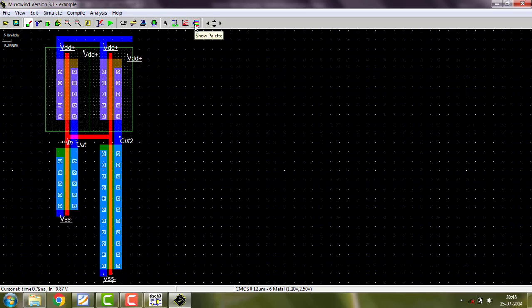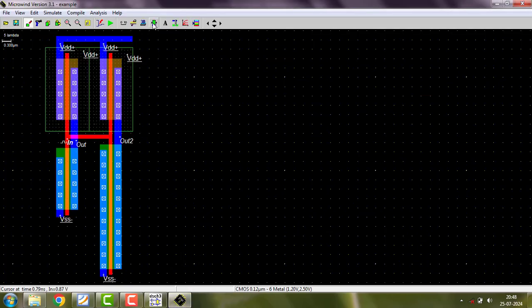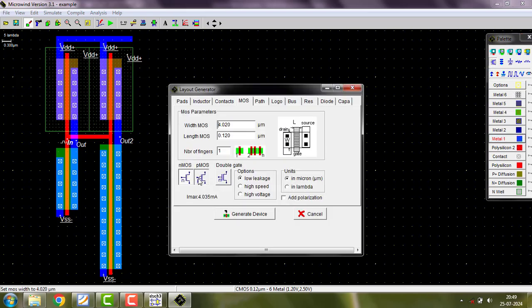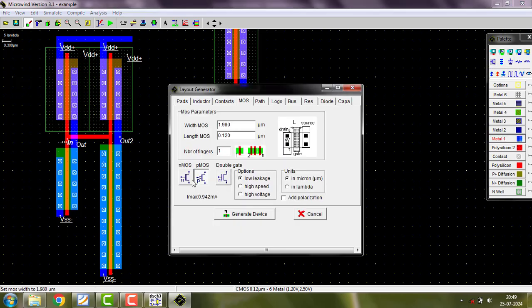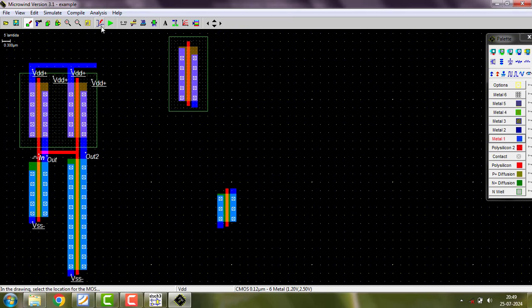Go to palette. The third case is 2 micron by 1 micron. Let's go to palette. Take PMOS. How much? 2 micron. Okay. And take NMOS. How much? 1 micron. Generate. Keep it here. View all. So I'm trying to move this,